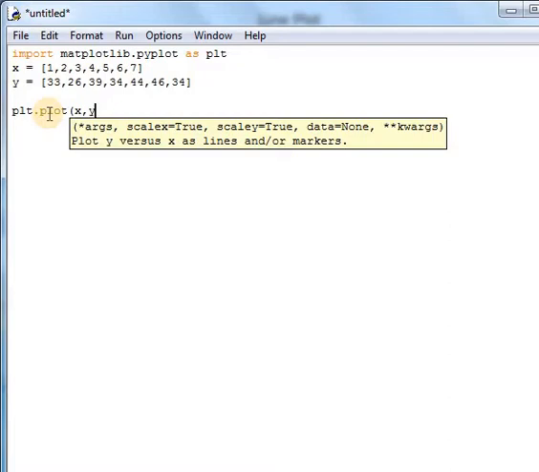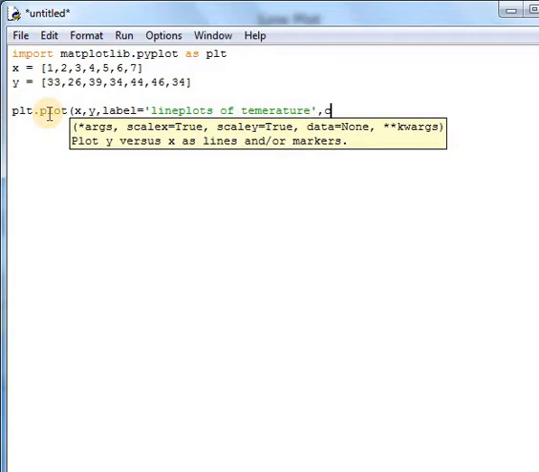So that's why here I am giving the label. How can I give it? label equal to line plot of temperature.